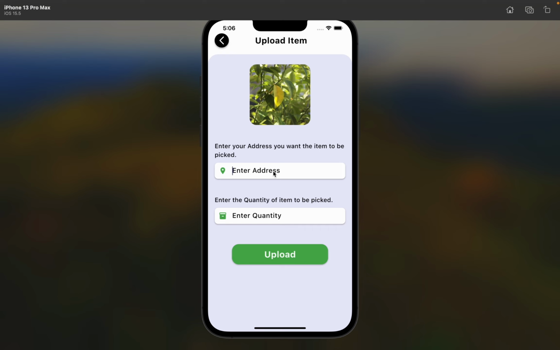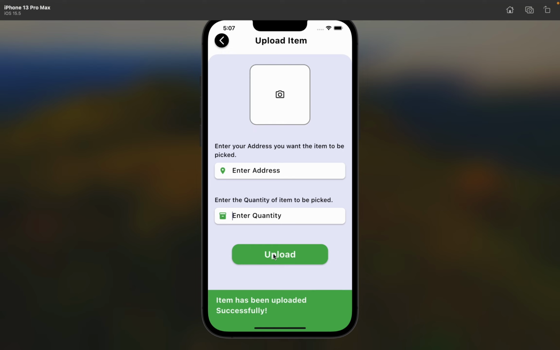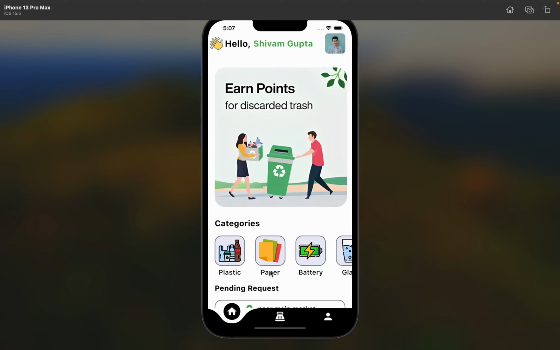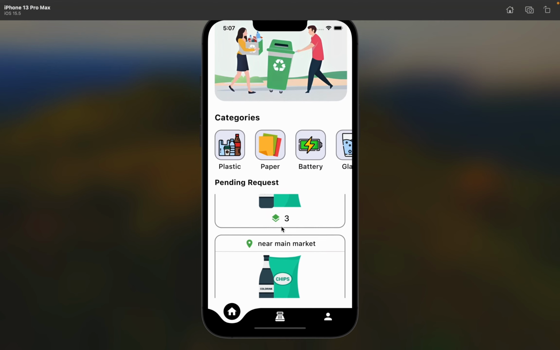So I'll just write the address something like this. I'll write near main market, and we'll enter the quantity as 3 and click the upload button, and you can see that it takes just a few seconds to upload the item. Now let's move back to the home page, and here you can see that this is the pending request,